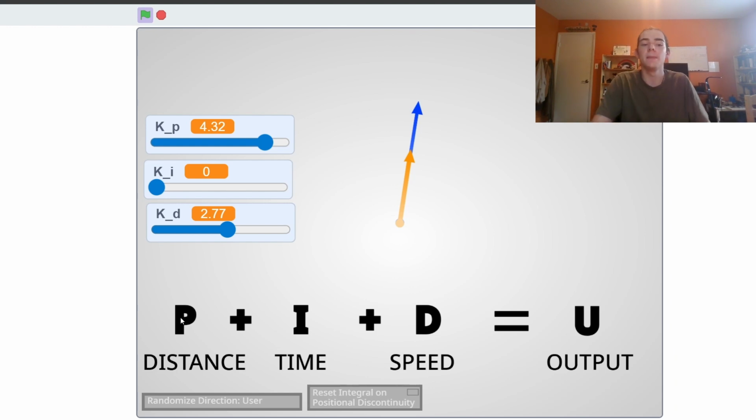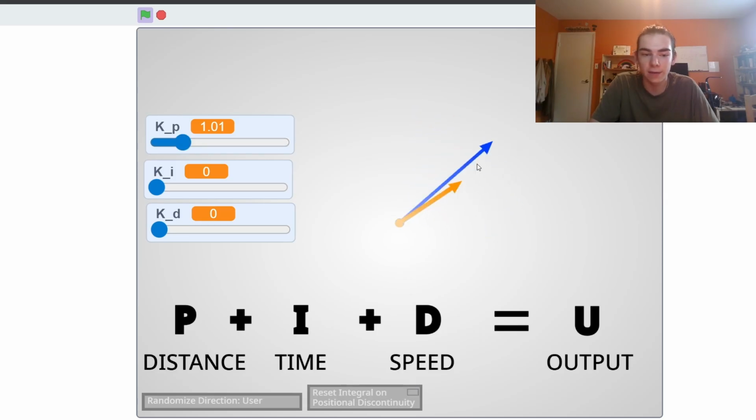But let's say we have a specific scenario where our proportional is at 1 or something close to 1, and we have that oscillation. And our D is also equal to 1. And we have less oscillation, but still a little bit. We can now add